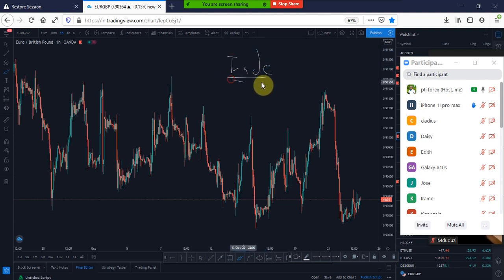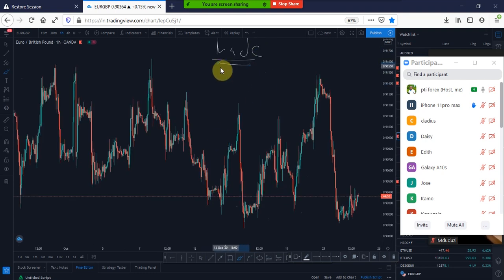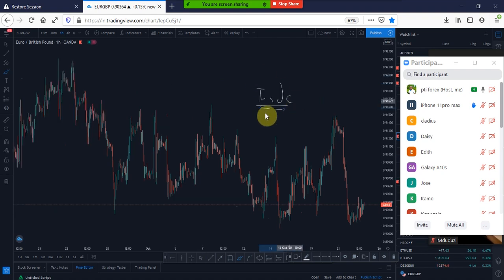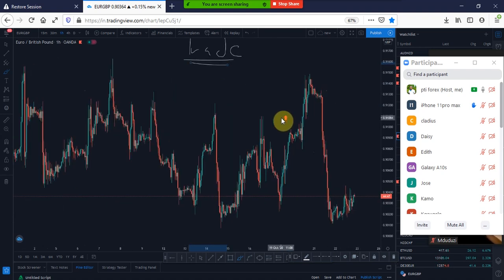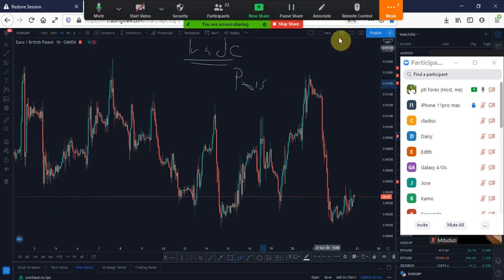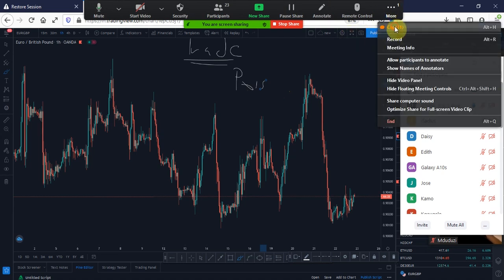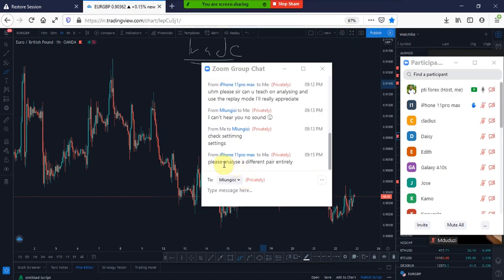When you open your MetaTrader or your TradingView, you are not looking for a trade, but you are looking for a possible trade for the day. Meaning you go there with a mindset which says,